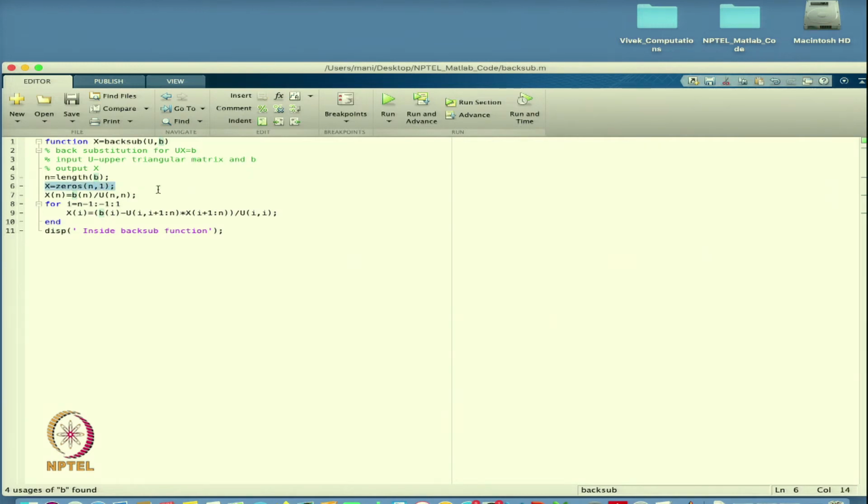So, it is a column vector basically, and then I know that the last element x n will be b n divided by u n n, because it is going from bottom to top. So, the first value will be x n, I am finding this one, and then with the help of this iteration I will find all the values, because once I know the value of x n, then I will find the value of i from n minus 1 up to 1 with the increment of minus 1.